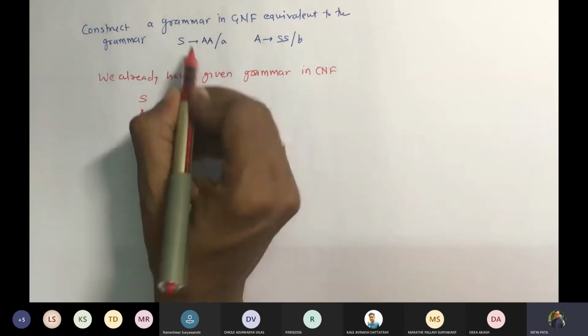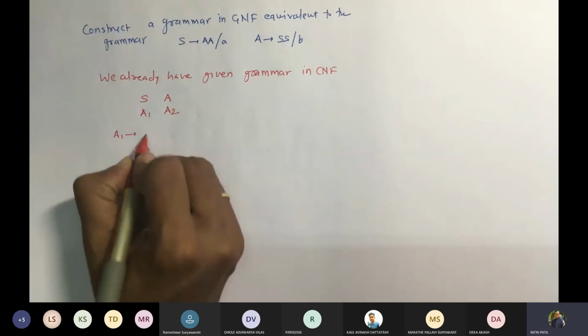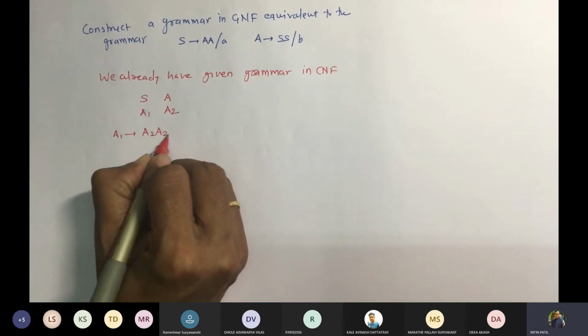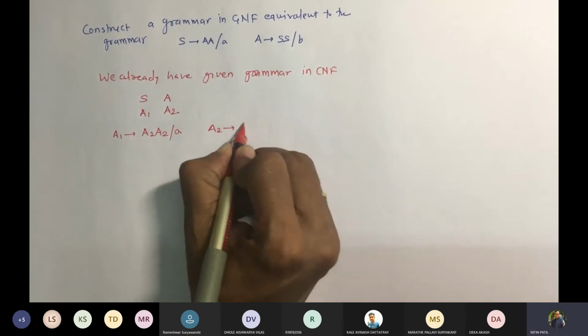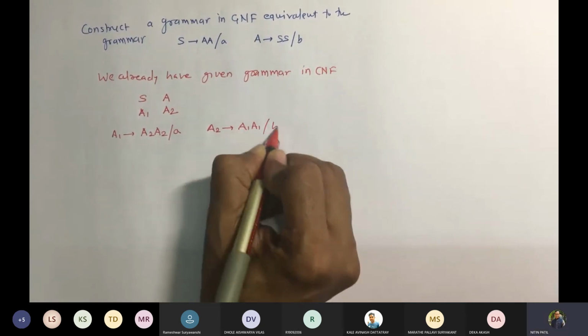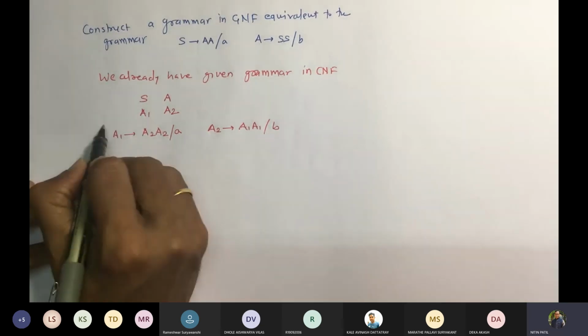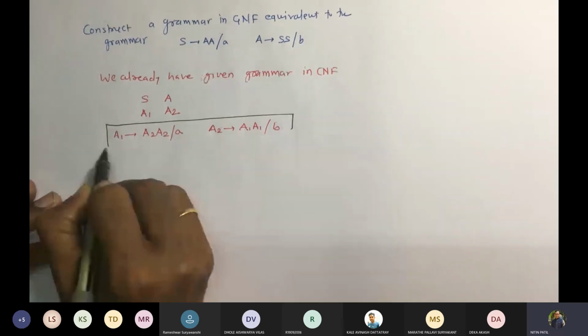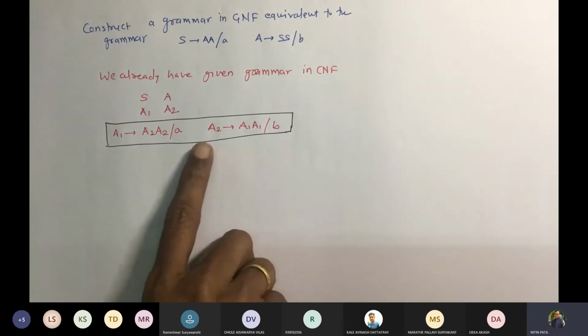Now we have to rewrite these productions using these names. So I will write A1 gives A2 A2, and A2 gives A1 A1 or B. Okay, so this is an important step that you have to apply while conversion. So these productions which are in CNF are to be rewritten like this. So I have taken a very small example in this case to introduce you to this Greibach normal form. Up till this, everything seems okay.